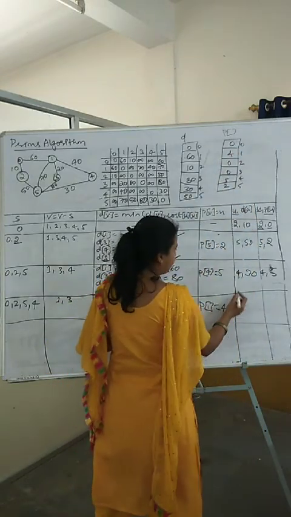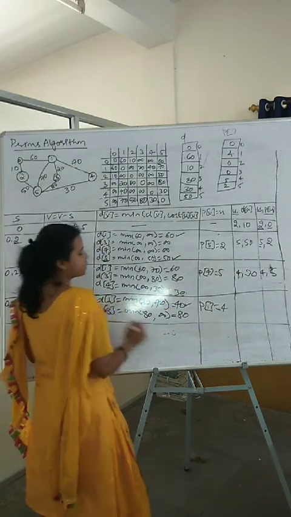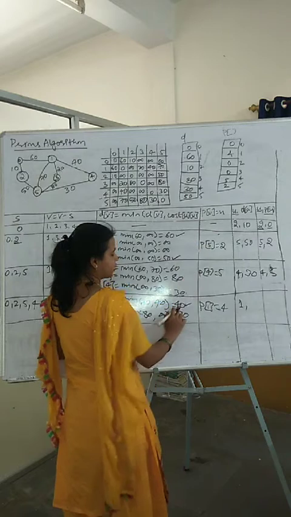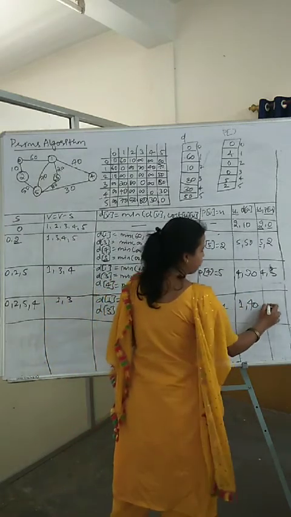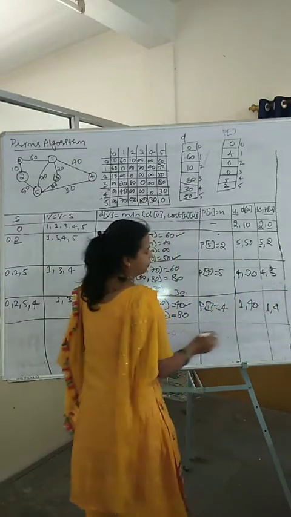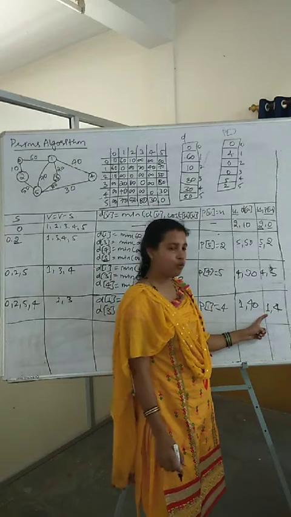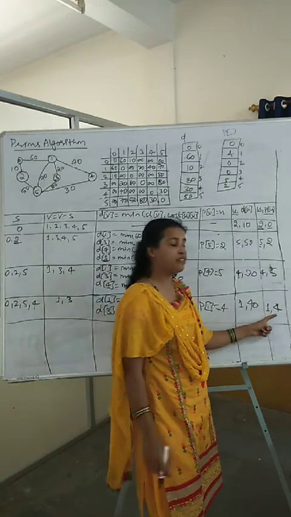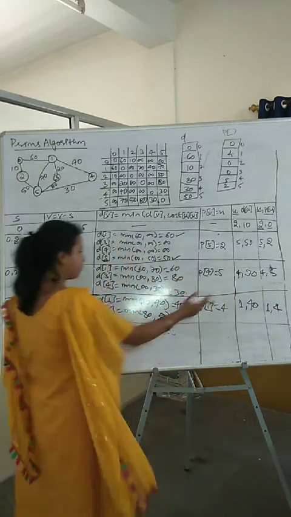Next, what is u? Which is minimum? 40 is minimum. What is its index? 1 is its index. What is its distance? D of u, distance is 40. Okay, what is the new value of u you have got? 1. Previously from where you have come? You have come from 4. What is this P of u? Previous path. 4 is the previous path. This completes the next step.